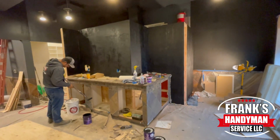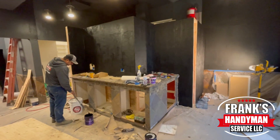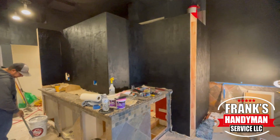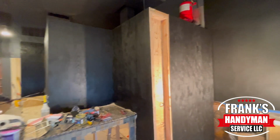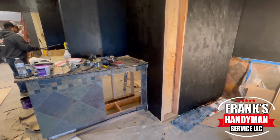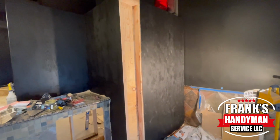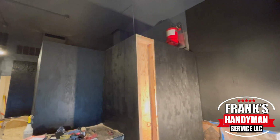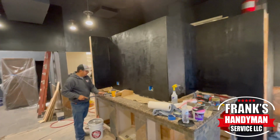This is after we applied one thick coat of paint. You can tell how everything just transformed. Before, you can see everything wide open. Now with this, it basically separated the cooking space from the main lobby area. So I hope you like this video and this example of how we were able to frame and build a